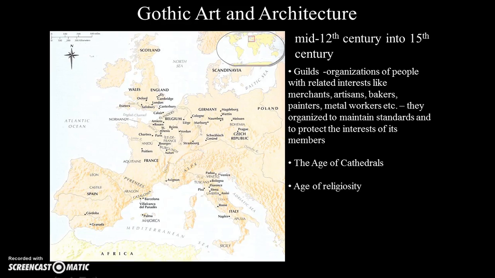Okay, so we already talked about early medieval and Romanesque period art. Today we're going to talk about Gothic period art and architecture, which is from the mid-12th century into the 15th century. Now during this time, Europe remained rural. Towns gained increasing prominence, and by the late 12th century, nearly all major cities that exist in Western Europe today